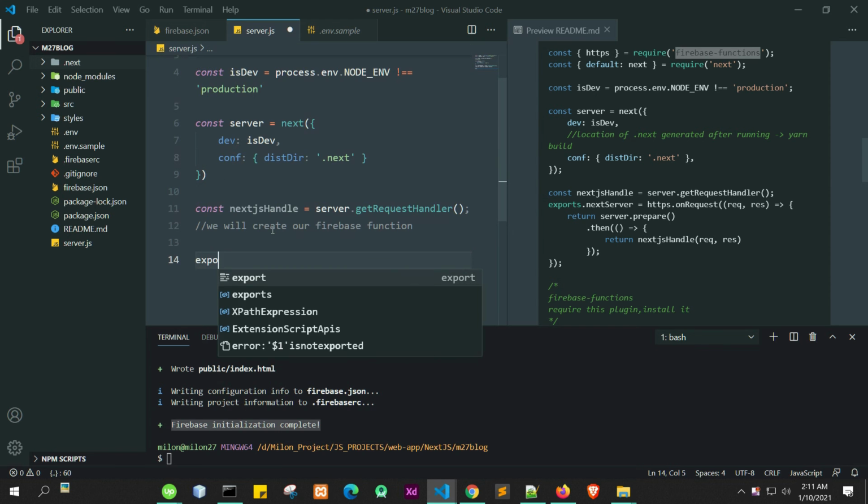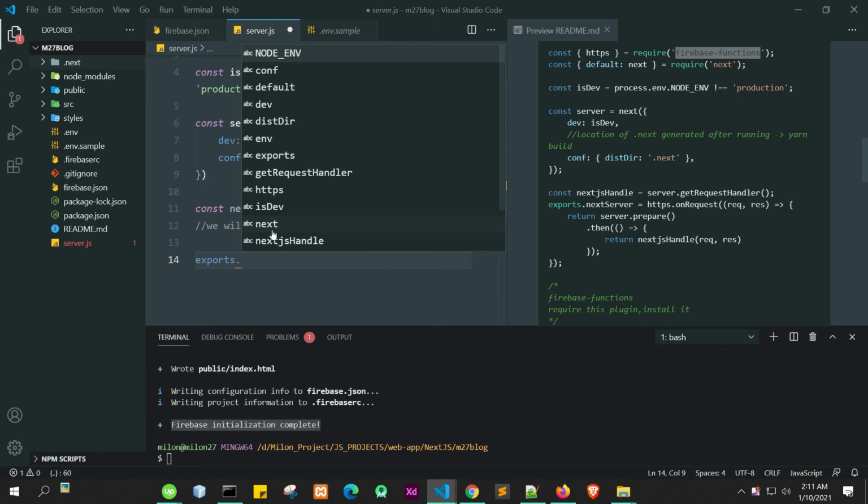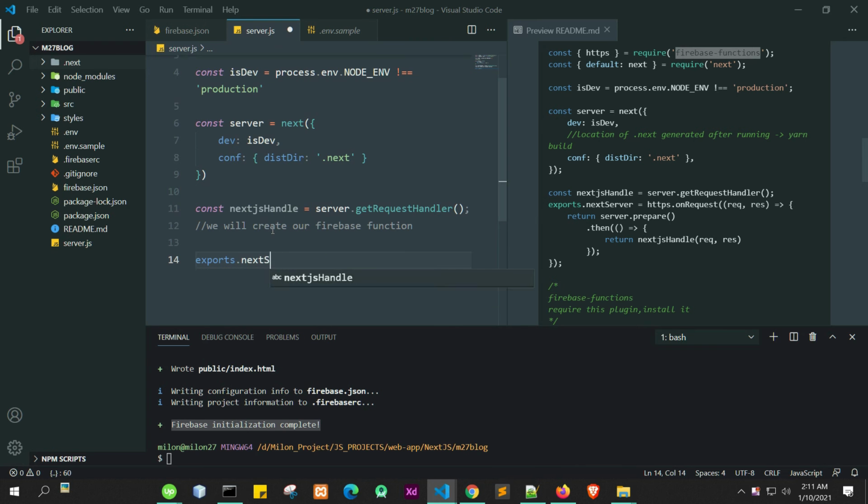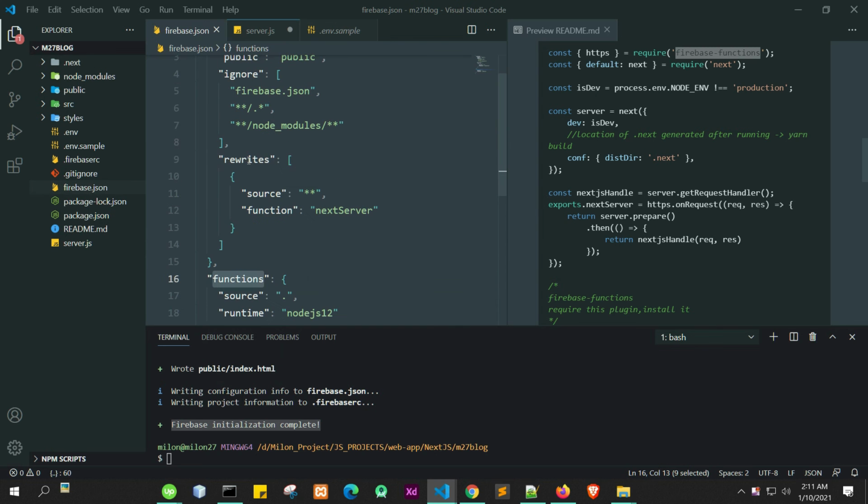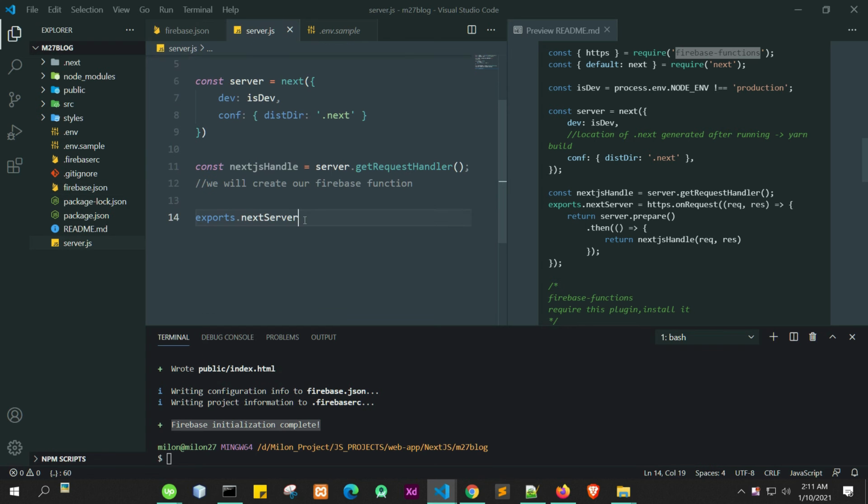So exports dot, we will name the Firebase function as next server. As you can see in the rewrites, the function name is next server. So whenever any request comes to this application, it will run this next server function. So this name and this name should be the same.